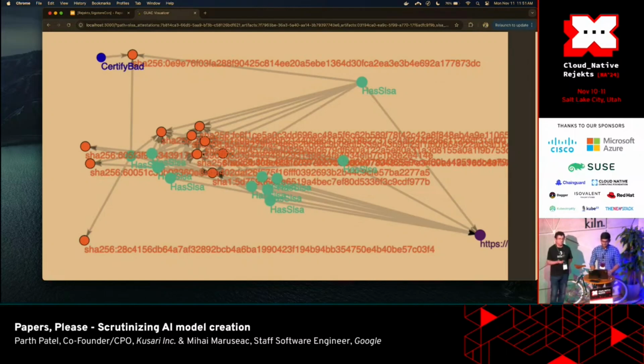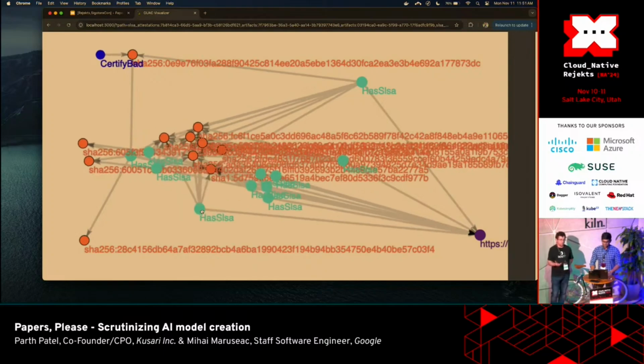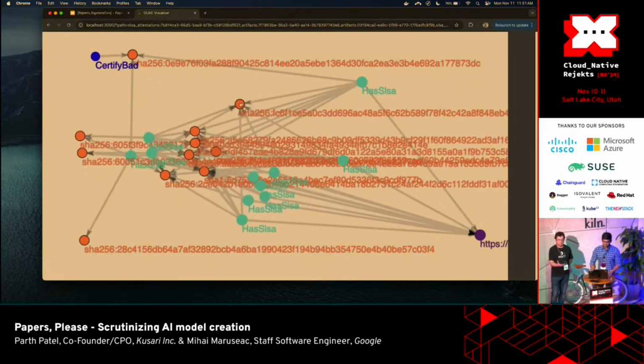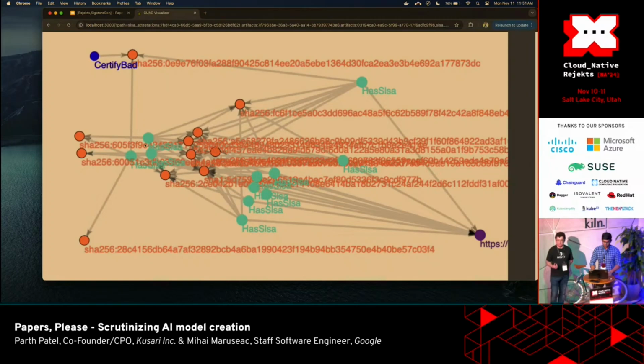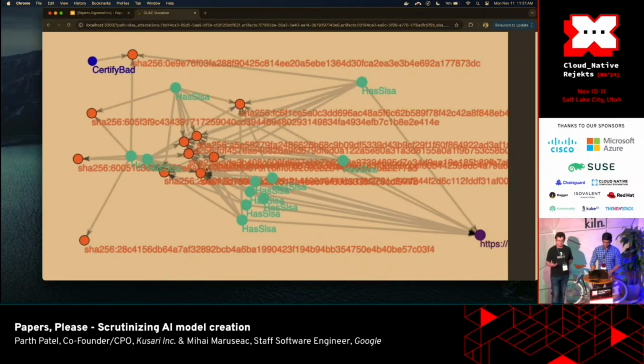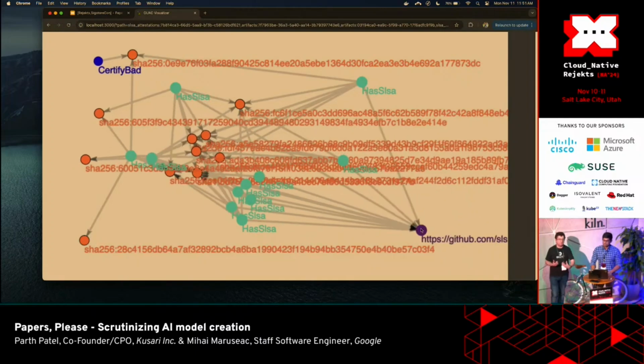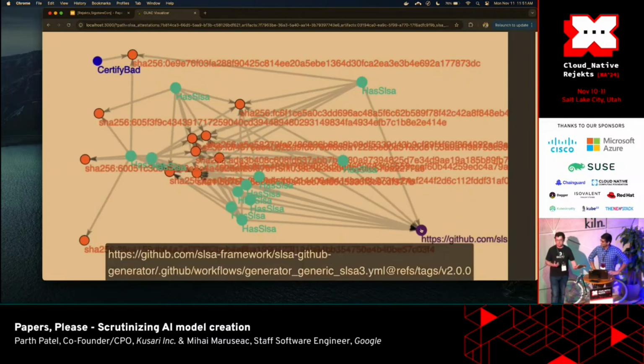So the idea here is you have your model put in storage, and now somebody decides they want to take this model and put it into some application. As soon as the model gets taken from storage and you compile the application, if you integrate with GUAC, GUAC will fail the build and tell you, you cannot use this model because transitively it has been trained on these images that are no longer supposed to be used.